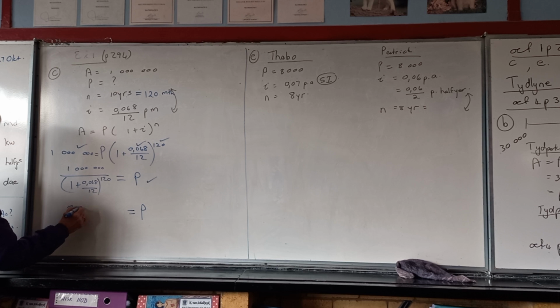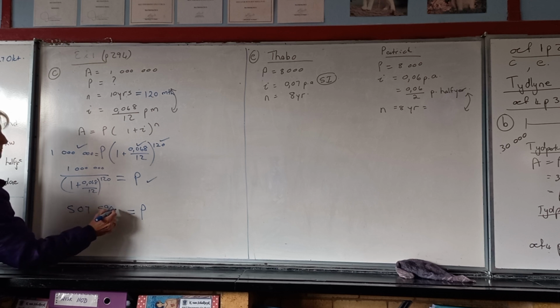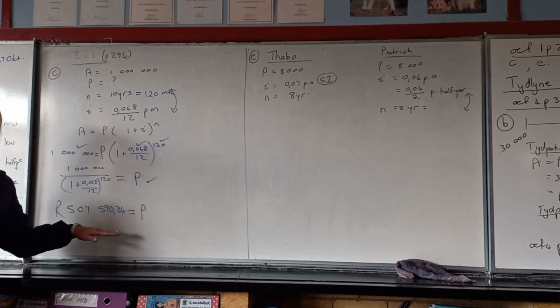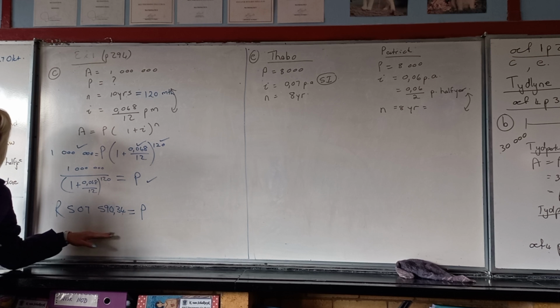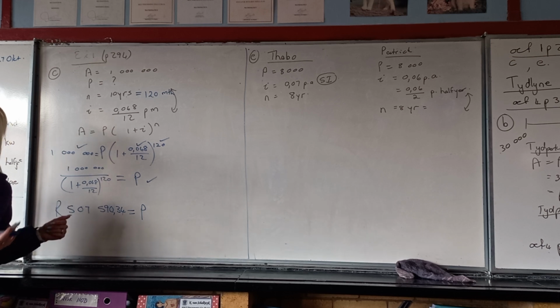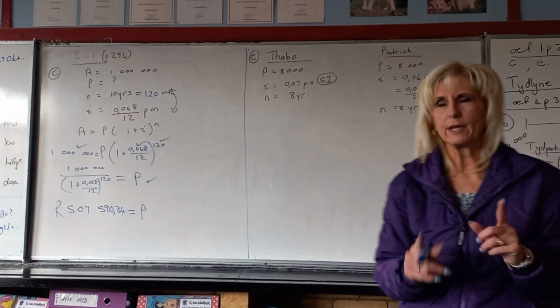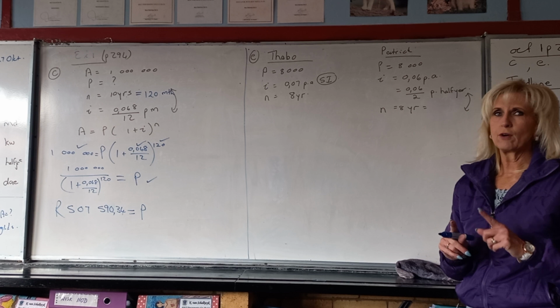507,000. What? 590. 590, please. 590,34. Agreed? Yes, ma'am. So you almost double his money. 500,000, R500,000. Are you with me? Yes, ma'am. 10 years. Okay, let's look at number E, where they are comparing Tabo and Patrick that are investing